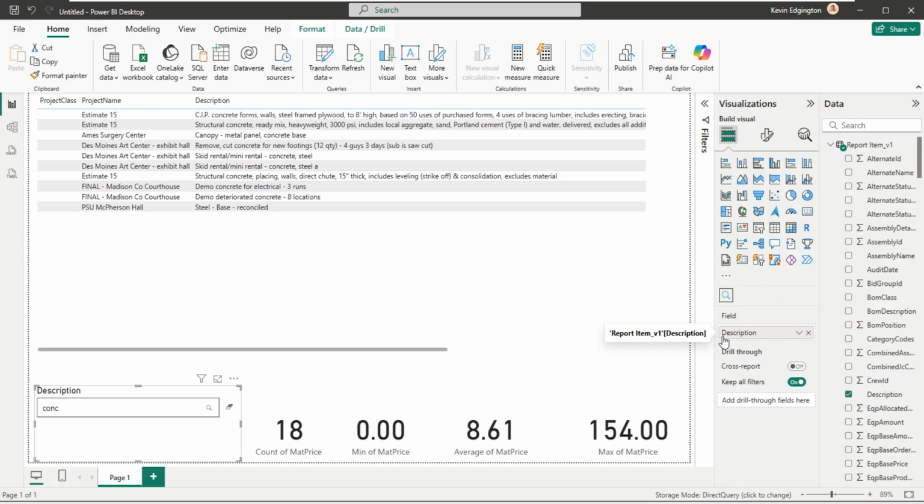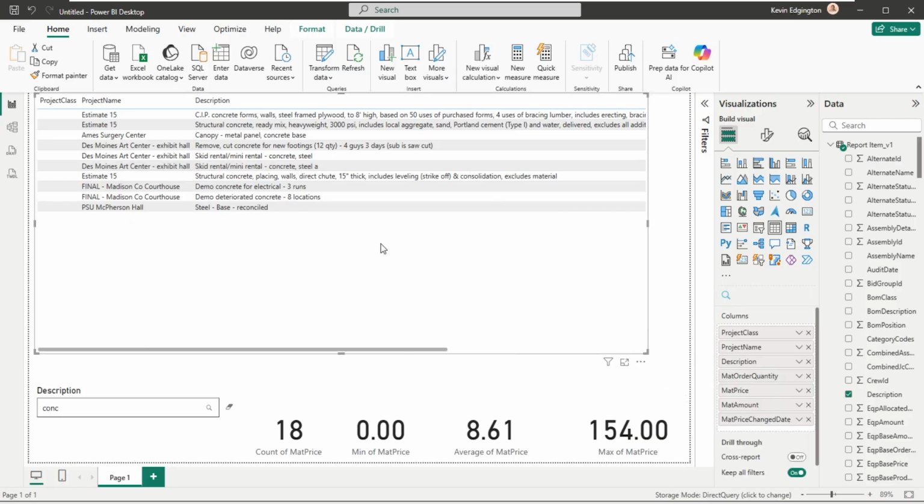Report item description. Why does that seem smaller than what I had a little while ago?